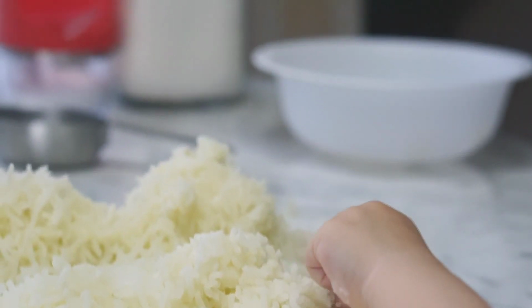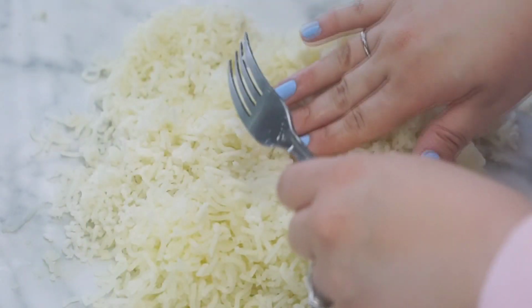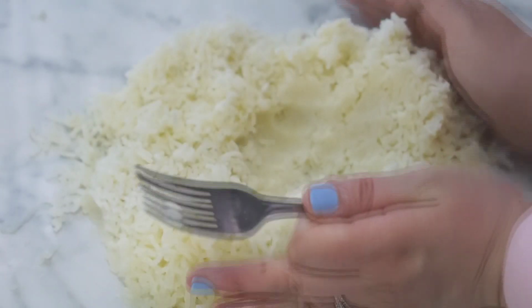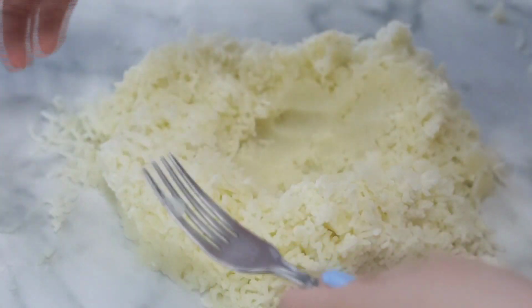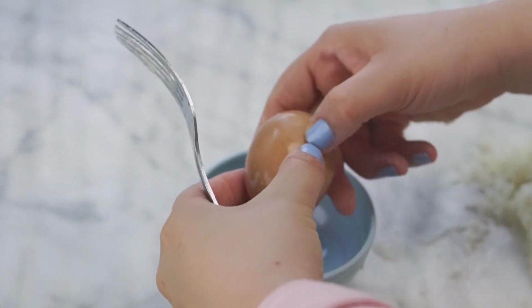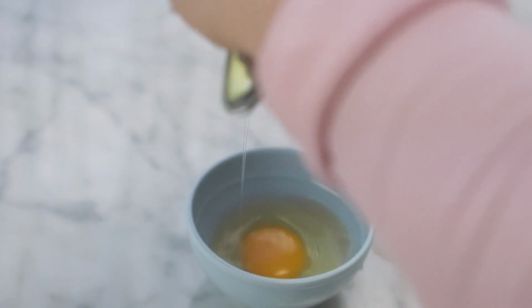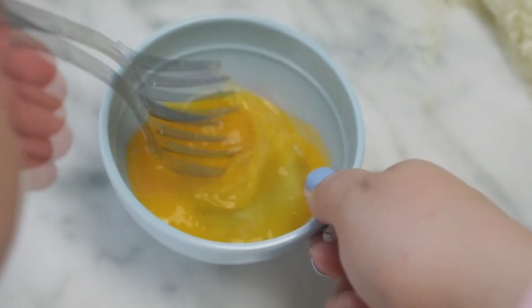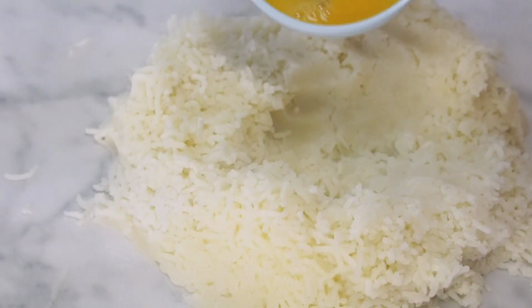Now, once those potatoes are riced, I am going to be pushing down the center to create a little well for my egg. Now, A, you could use 1 egg, or B, you can use 2 yolks. It's up to you. Both are the same. One is richer than the next, but honestly, I don't mind having 1 egg. So after mixing it up, I'm going to be pouring that into the center